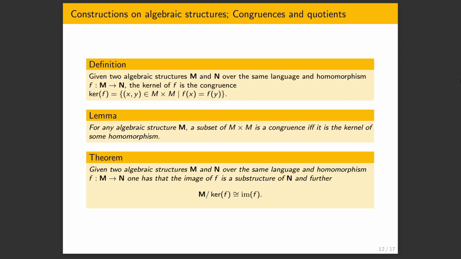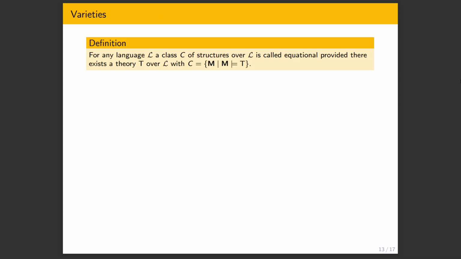Now that we've defined algebraic structures in this great generality, whenever we have the context of some algebraic structure, we have the first isomorphism theorem just granted to us because we've already proven it in great generality. So now we define some of the more basic notions of universal algebra, and that's not really what universal algebra is about. Universal algebra studies phenomena at a larger scale, namely with varieties, which are certain kinds of classes.